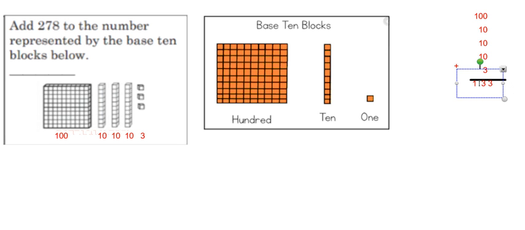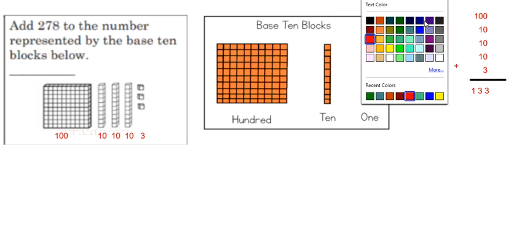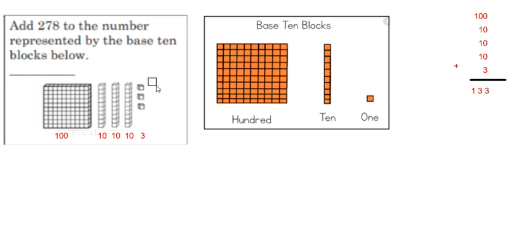So I know the answer to my problem, the value of these base 10 blocks is 133. So I'm going to go ahead and write that on the side right here so that I would not forget what the value is. 133. Now, what is it asking me to do? I need to add 278 to the number represented by the base 10 blocks. I know the number represented by the base 10 blocks is 133. So I'm going to add 278